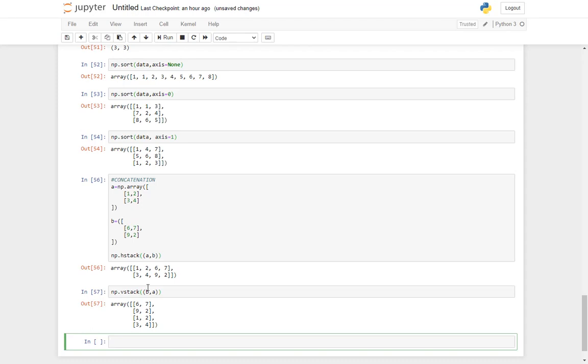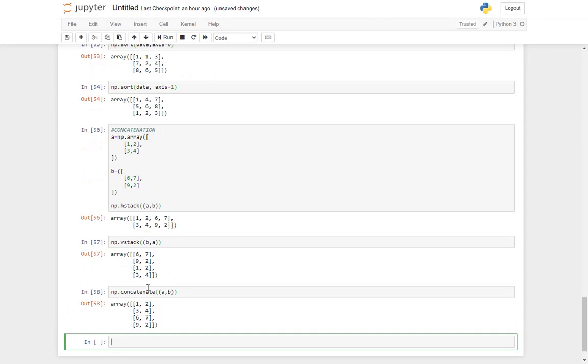Now if I want to join the 2 arrays, it will be np dot concatenate A comma B. Shift enter. So it is simply the first array and then the second array. It is more or less like your vertical stack.